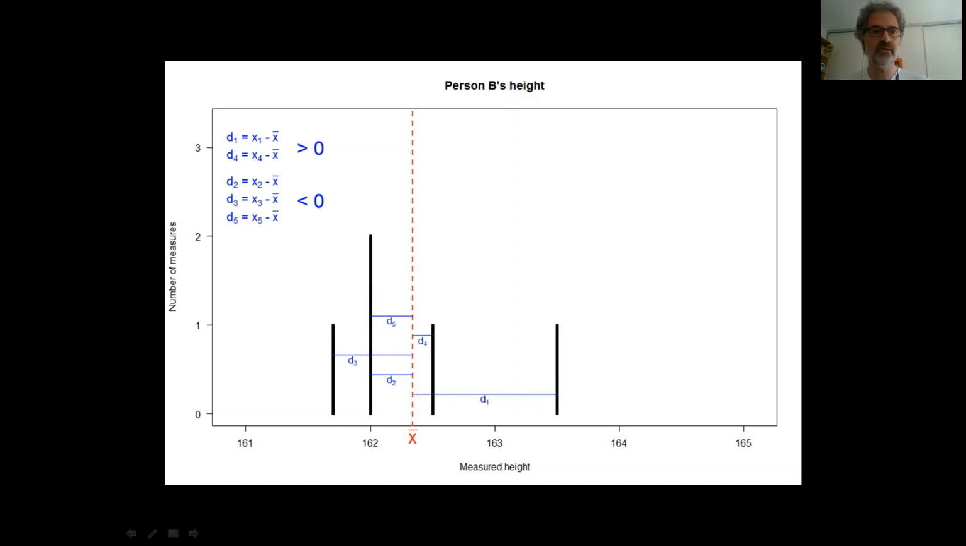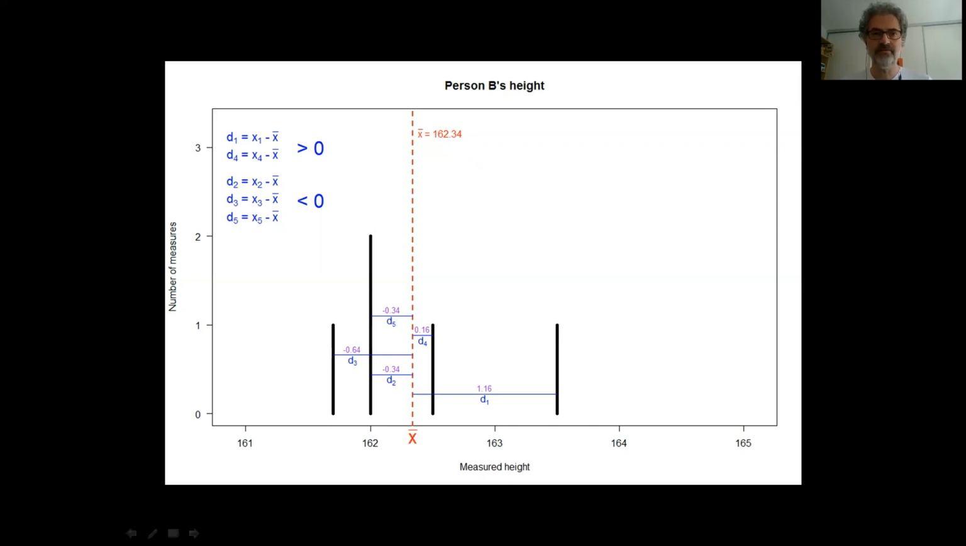And as you may recall, 2 of the measurements are above the mean, and so their distances are positive. 3 are below the mean, and their distances are negative. We've gone through that when we were talking about the mean. These are the actual distances, and this is our mean. So the idea here is